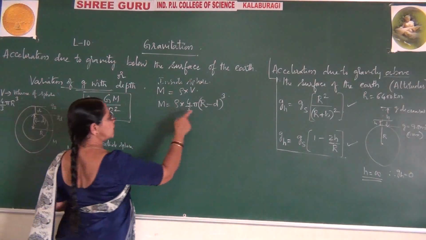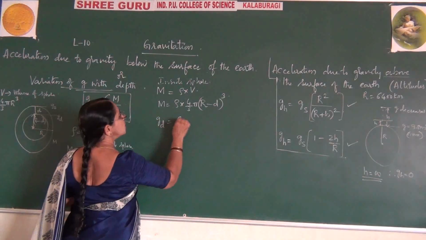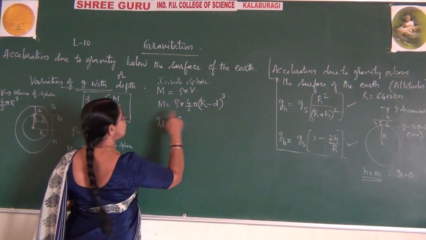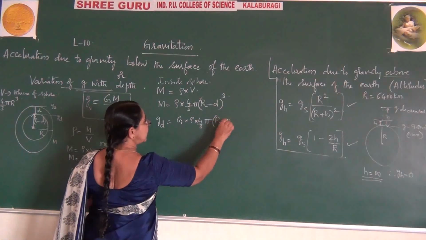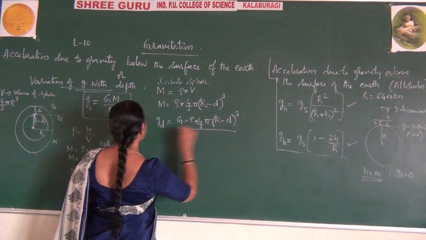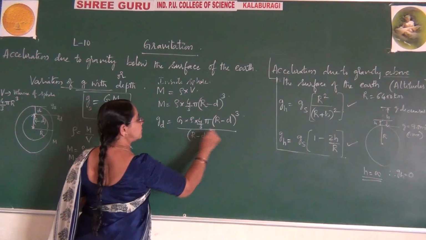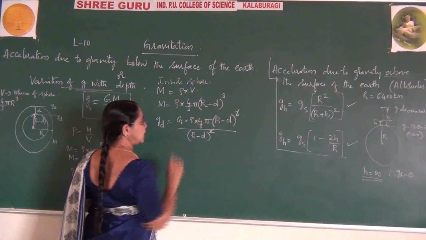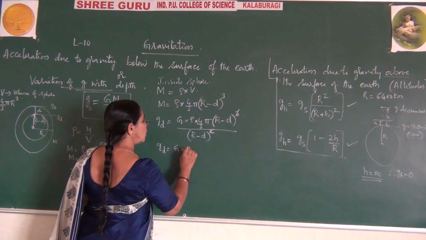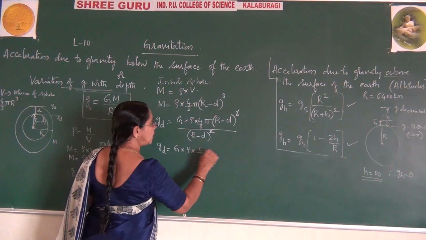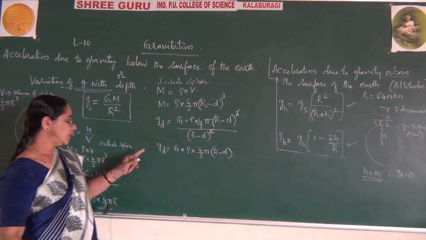Okay, so now by using this condition, I should write small g_d is equal to G m, where m is nothing but rho into 4 by 3 pi (R minus d) whole cube, divided by, again, this R for the inside sphere is (R minus d) whole square. This square and this will get cancelled here. So what is left out is g_d is equal to G into rho into 4 by 3 pi (R minus d). This is the one for the depth.